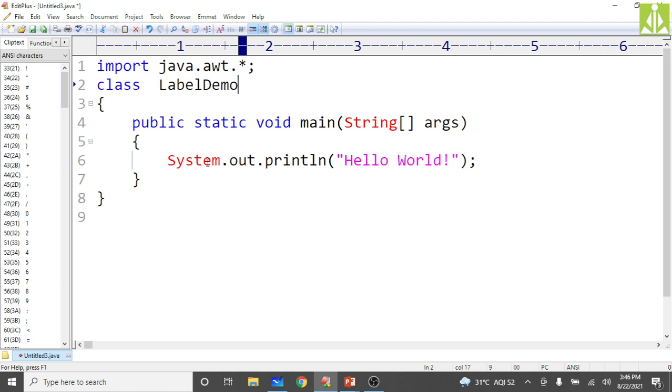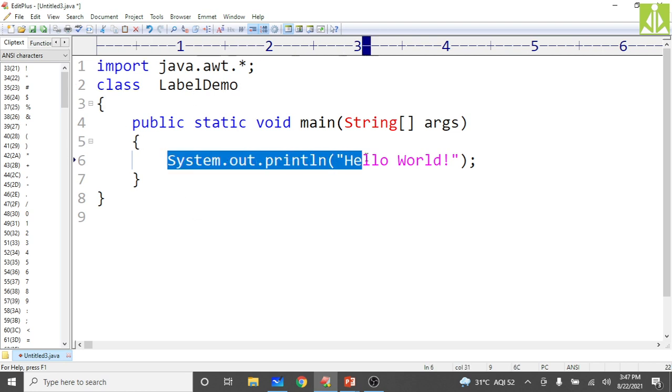So LabelDemo. Then inside this, we make use of PSVM only. If you are not making use of PSVM, if you are going with any other approach, then you have to modify your Java environment, because there are many methods apart from this public static void main to do the GUI in Java. That approach, as it is quite different, we are not following.